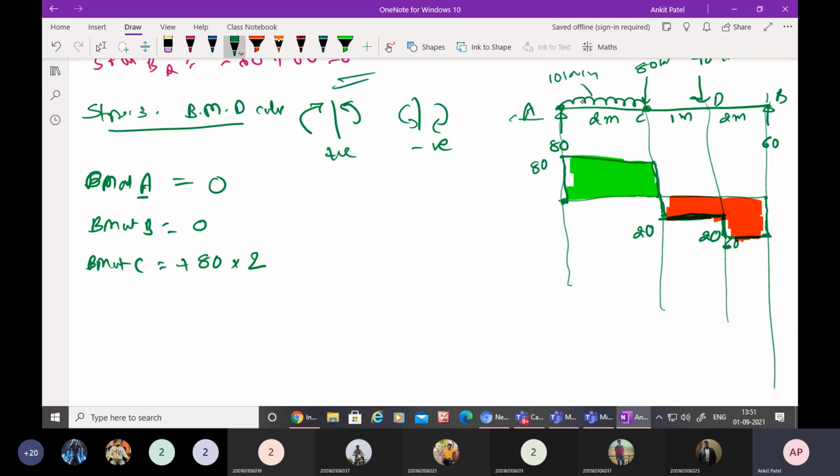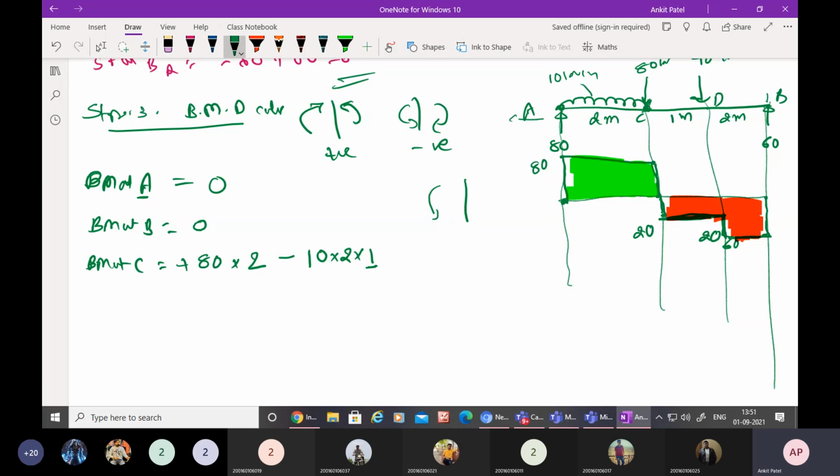Clear? Next, what you can see, UDL. What is the sign? Minus, because your section is over here and the UDL is acting in the downward direction, so you have to rotate in this direction, so it is minus. Now give me the answer quickly. 10 into 2 into 1. Excellent. You must use this 1. Even though it is 1 and multiplying by 1 makes no difference, if you follow this pattern you will not make mistakes. Clear? So 10 into 2 into 1.